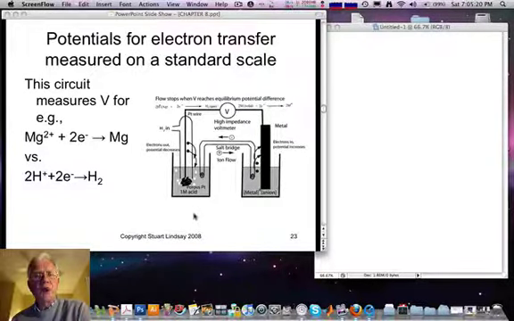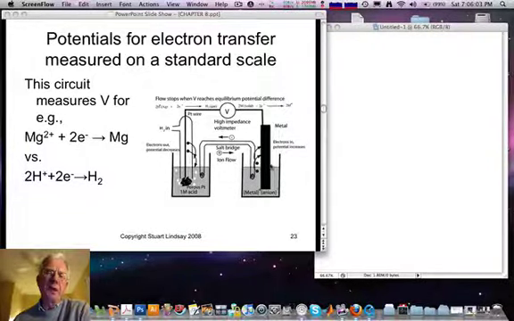What we are going to try and do here is to determine an absolute potential scale for the reduction of metal ions in the solution in this cell over here. So we have here an elemental metal and its corresponding ion in solution over here. And the question we want to address is, what is the potential for this ion to be in equilibrium with this metal electrode? In other words, for a standard concentration of ions in solution, what potential will the Fermi energy